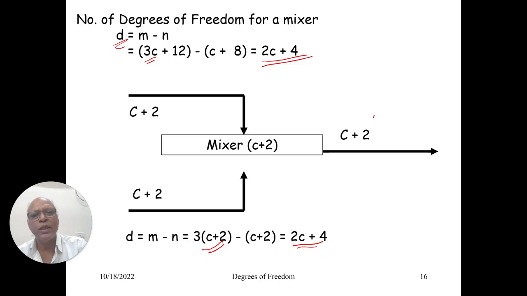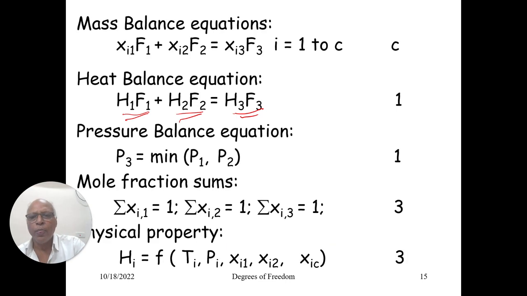What do you think is the basic difference between these two? For example, when you use this kind of a shortcut, we already know that the sum of mole fractions is equal to 1. So I am not considering this equation. Given temperature, pressure and composition, I know how to calculate enthalpies. We will not be using this equation.